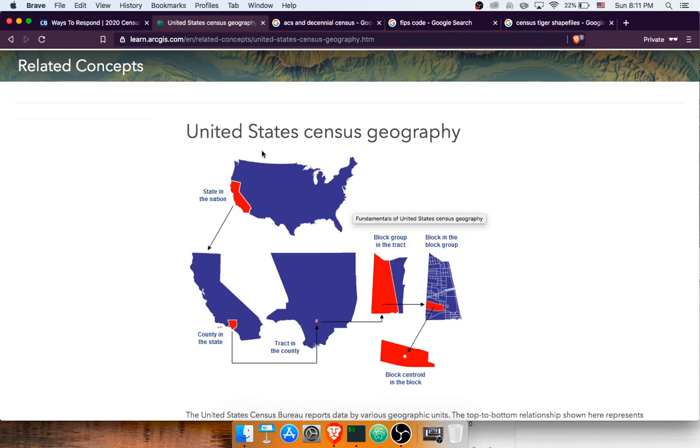So most people are familiar with the state and county that they live in. The census further divides up the United States into tracts, which are made out of block groups, which are made out of blocks. And then on the block level, the decennial census will have some basic information, and if you zoom out to the tract level, you'll get some more detailed information. The census is reluctant to share too much information about a block because you might find out very personal information about people or identify certain combinations and traits within a block. So, depending on what information you're getting, you might want to target one of these particular